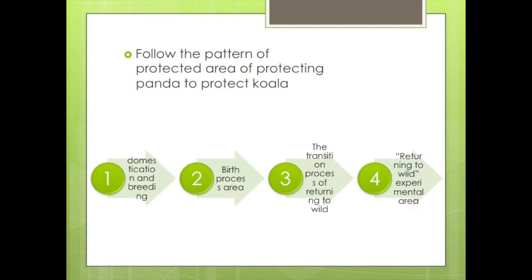I think Australia can also adopt the pattern in Wolong for increasing the population of koalas due to the increasing population of residential areas. Dog attacks and vehicle crashes seriously threaten the koala population. If the Australian government could establish a conservation area to breed koalas and gradually train them to return to the wild properly, for example, training them to be aware of cars and dogs, this will help to increase the koala population and help koalas adapt to the environment well.